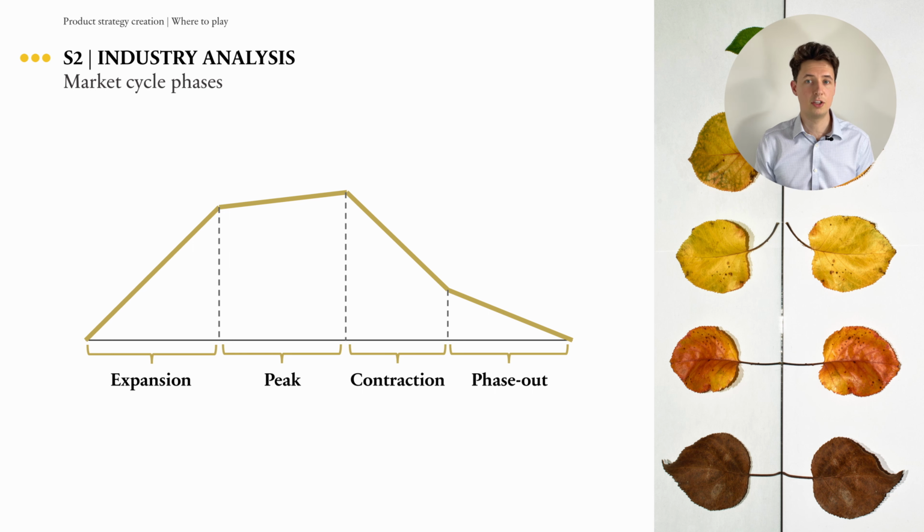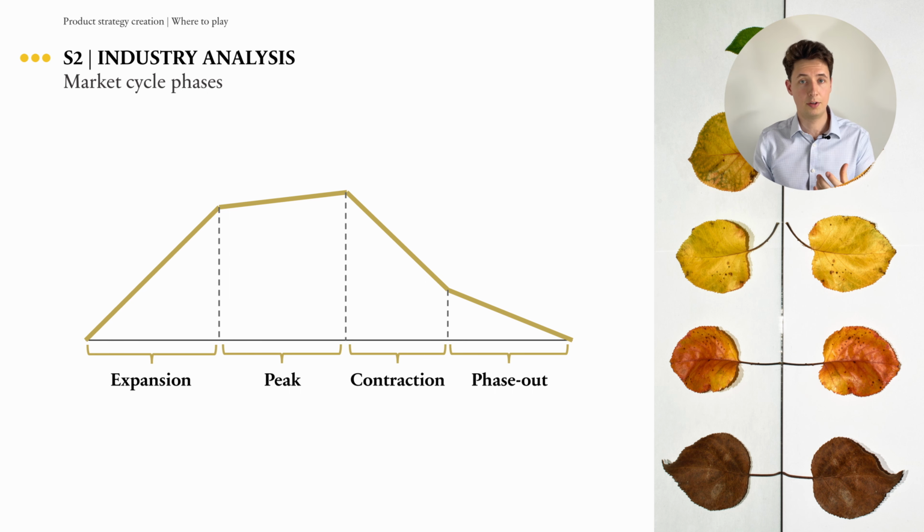quite a bold strategy. Finally, in the phase-out stage, the economy has bottomed out, and economic activity is at its lowest point. Businesses may struggle to survive and investors may be wary of entering the market. However, this stage can also represent an opportunity for businesses and investors to buy low and position themselves for future growth. A good indicator to tell you at what point of the market cycle you are, is